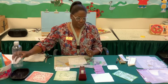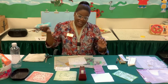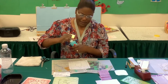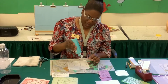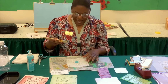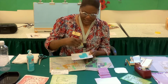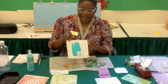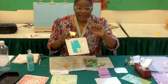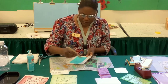I'm going to choose, what did we do? We did it in green last time. I'm going to choose a little blue. So, let me show you. I'm going to plop this on. I don't think it matters dry brush or not. I'm going up, and I can tell you already, you can see that I've already put some blue inside the lines. I'm going to show you how to get that out and how to deal with that. But I'm going to go quickly and just keep going, because we have to go back over it a little bit,